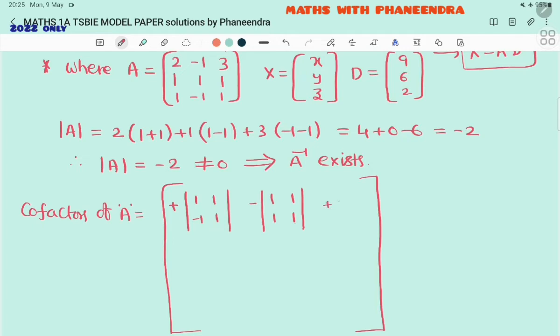Next cofactor of 3, plus 1 1 1 minus 1. Next cofactor of 1, minus mod, 1 minus 1 3 minus 1 1. Plus, for cofactor of 1, 2 3 1 1, minus, cofactor of